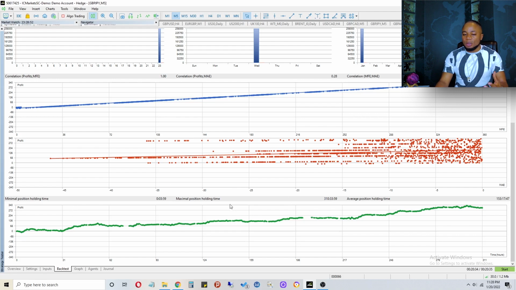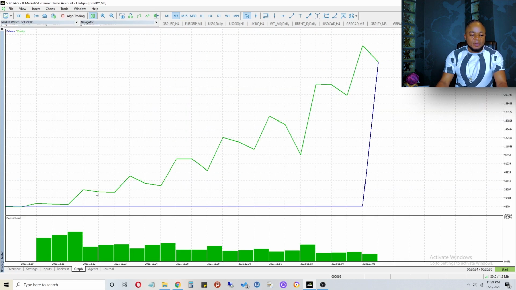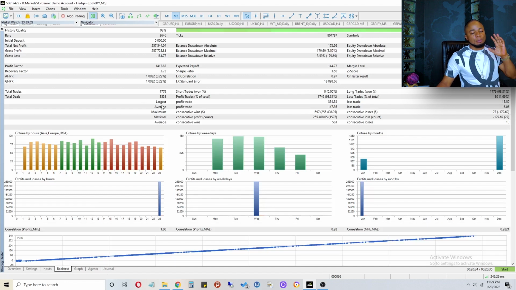So the most important thing you need to focus on is this historical quality section, where you've seen all these figures plus this bar plus these simple graphs. Then after that, you just come here and see your graph to see and appreciate the growth. Because there was even a time our equity was at 166,000. It came back down to almost 97,000. And from 97,000, boom, it picked up again and started going up. So you just need to come on the graph, on the section where it says backtest, and deduce most of your analysis, and you see how the robot performed